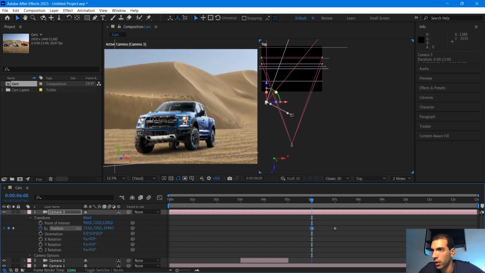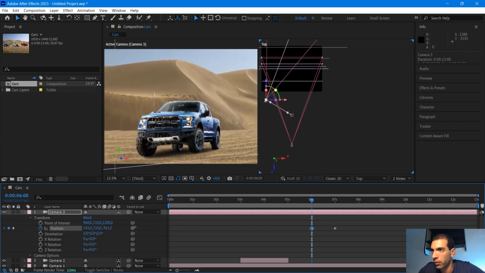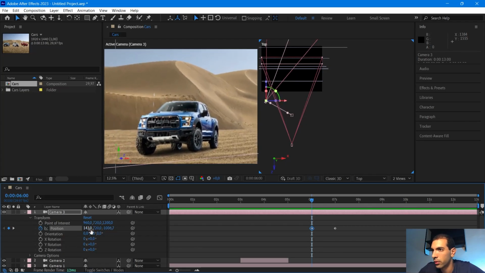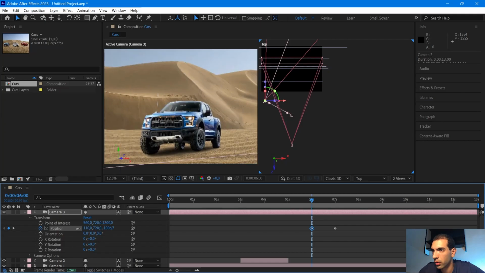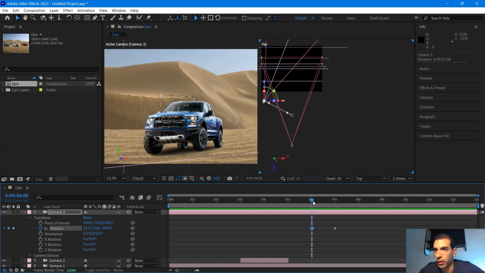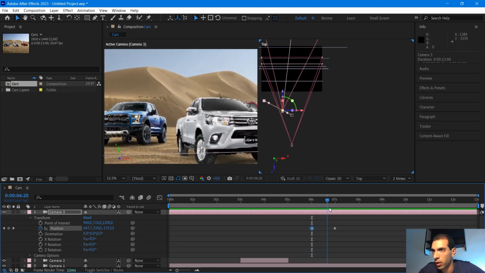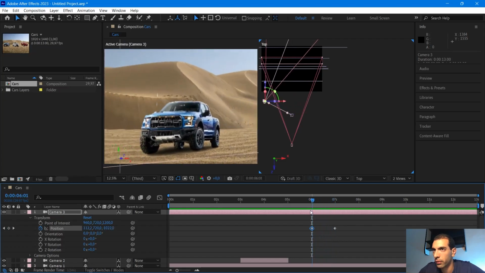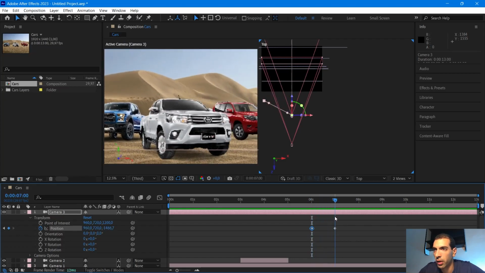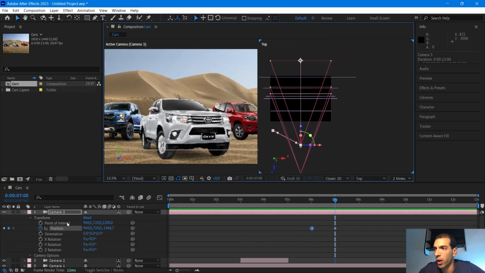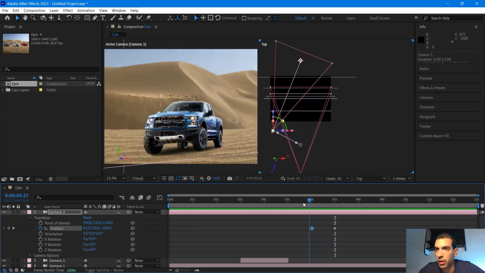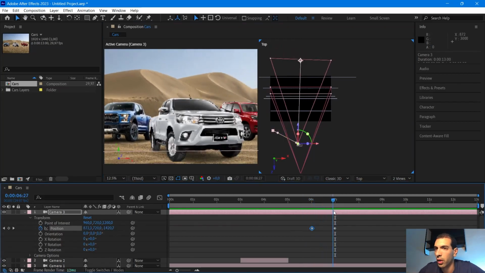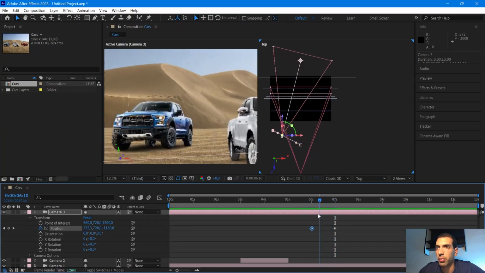and focus on this car only. I'm gonna go forward even more like this and put this car in the middle like this, and now we get this animation. We go from the blue car to the white car. That's the animation. And the good thing is that when we use the 2-node camera, we have the point of interest that doesn't change, so only the position of the camera is changing and the point of interest is always